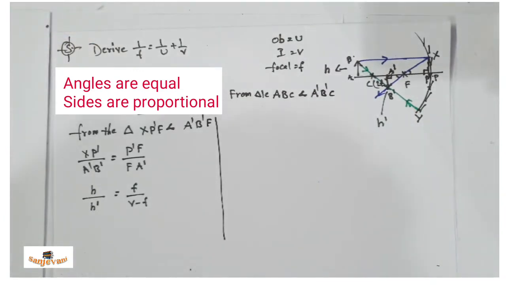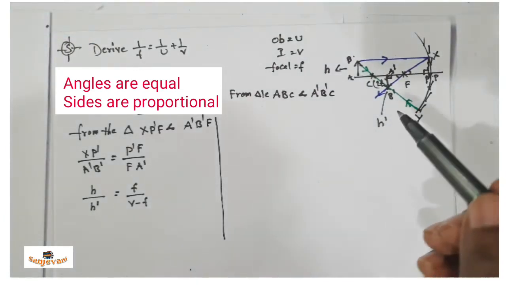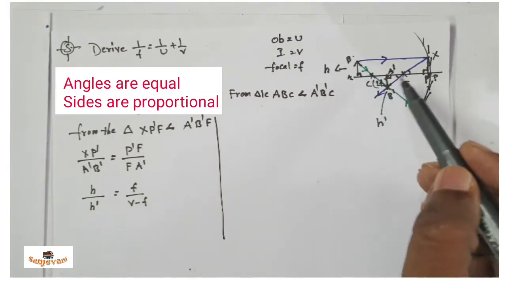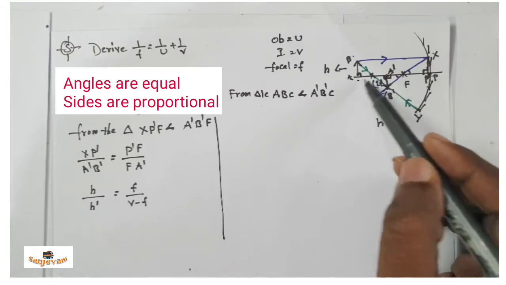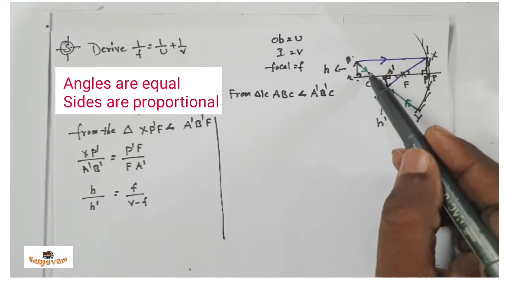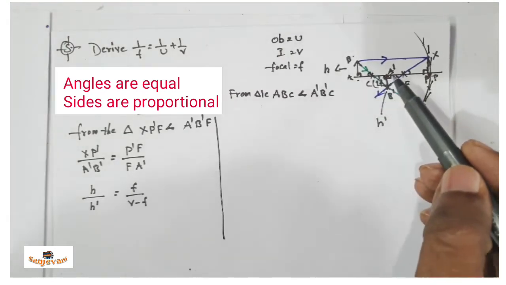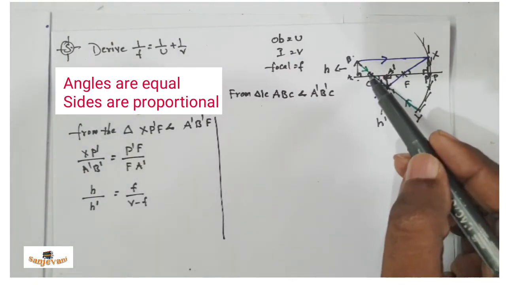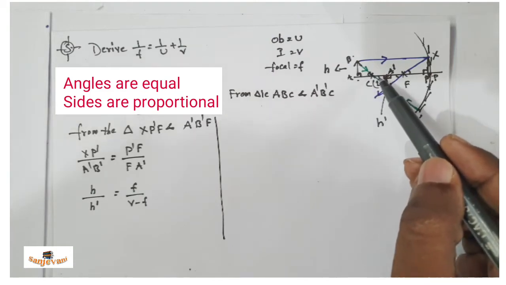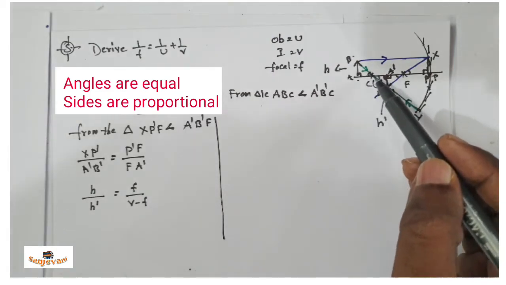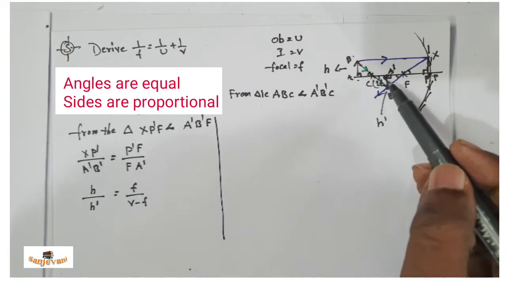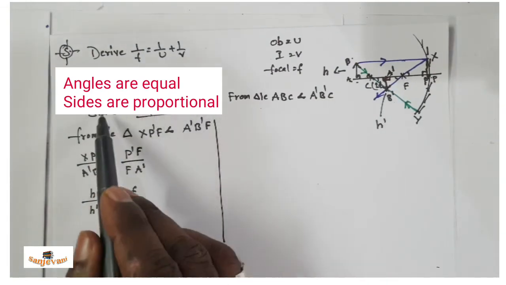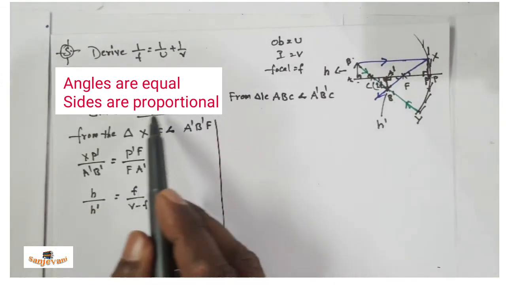Yeah. Now, same. If you observe, these two triangles are also similar. Here it makes 90 degrees. Here it makes 90 degrees. One angle is equal for both. And here, as per vertical opposite angles, is it clear? As per vertical opposite angles, these two are equal. If two angles are equal, then ultimately the third angle is also equal. According to AA similarity, then angles are equal, then sides are proportional.